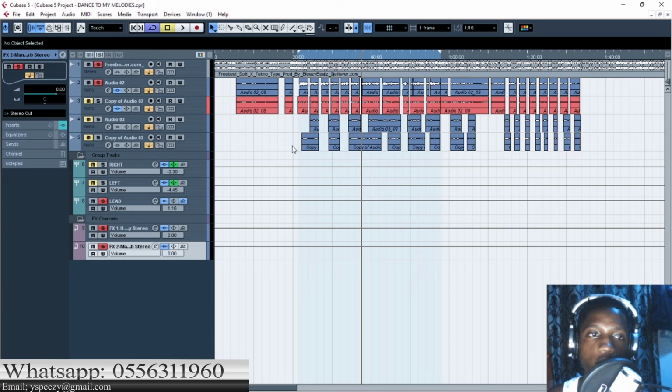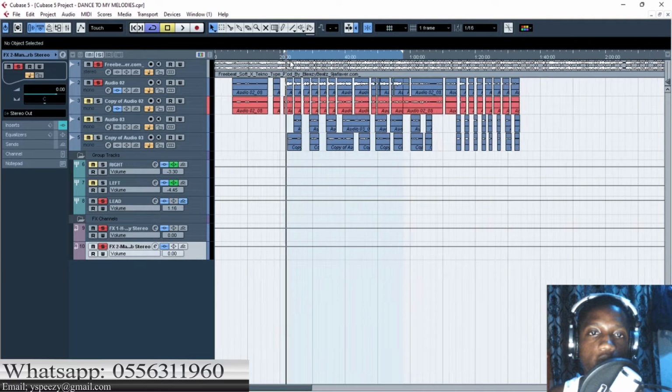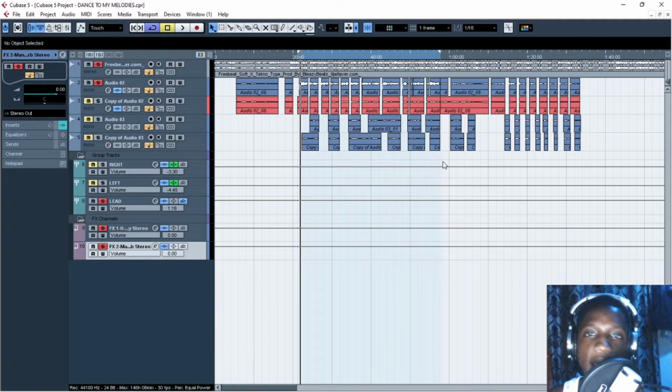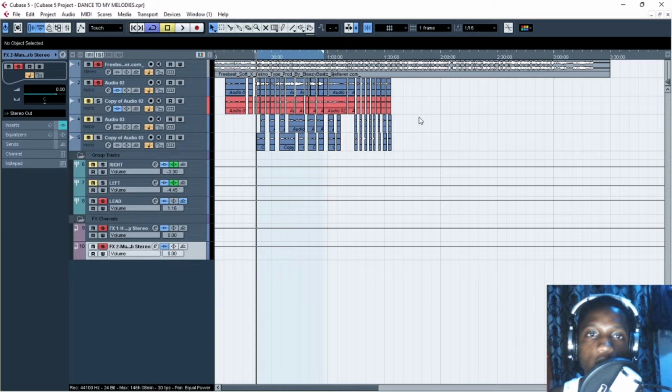Okay, we are in Cubase now. I want to use this track that I did personally to show you something very simple, how you can mix